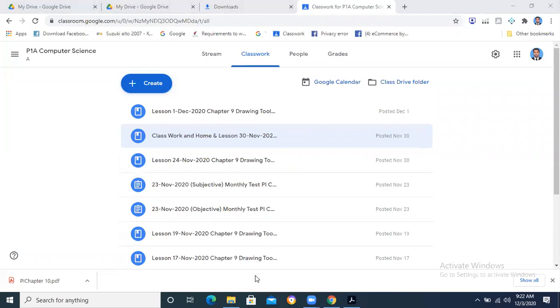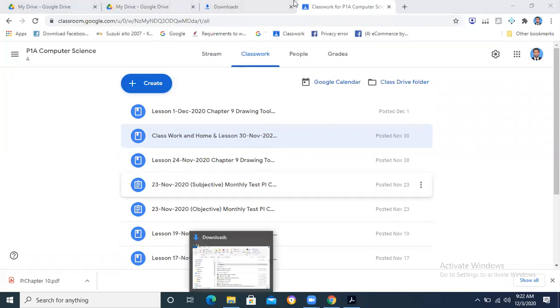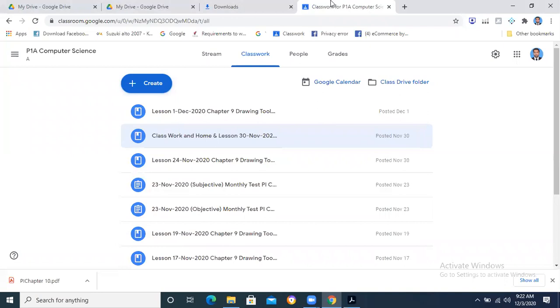And in that chapter, the things that we were supposed to design were not difficult, these were easy, but the only thing is to have a good concept. Just like balloons were there in the Happy New Year poster. So balloons can be drawn using, of course, the ellipse tool, and then we can make changes in it.